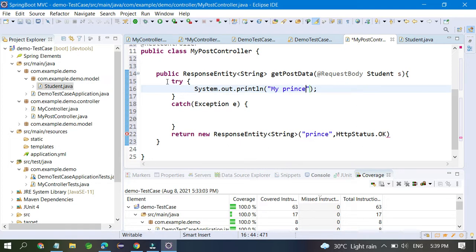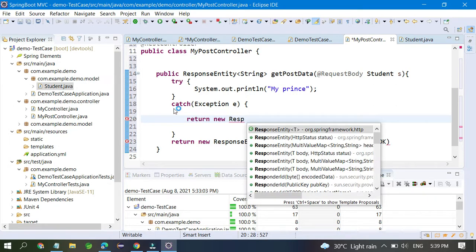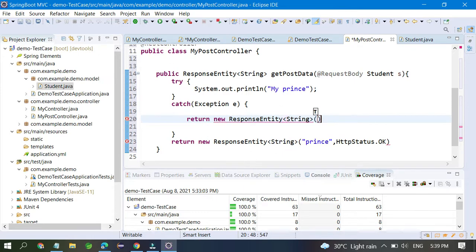So here you have to return new ResponseEntity. ResponseEntity is for something wrong on the server side, and here you can pass HttpStatus like internal server error.